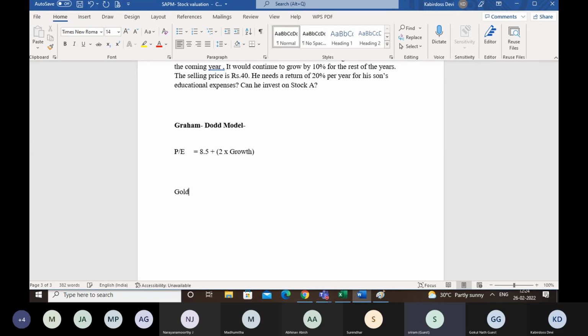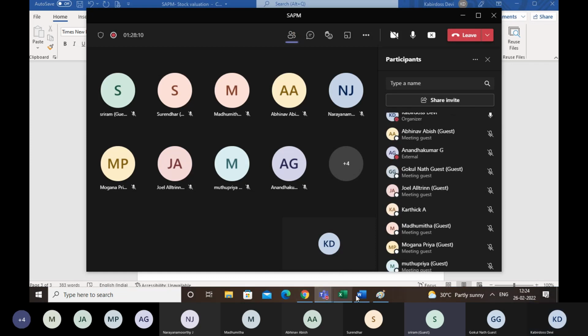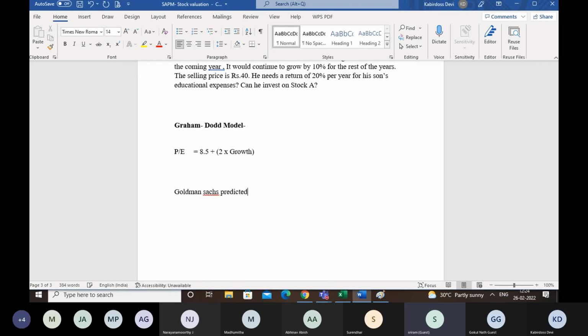Please take down the sum. Goldman Sachs is one of the famous companies. They predicted that TCS sales will grow by 20% up to 2013. Assuming this factor, they decided the earnings will grow by